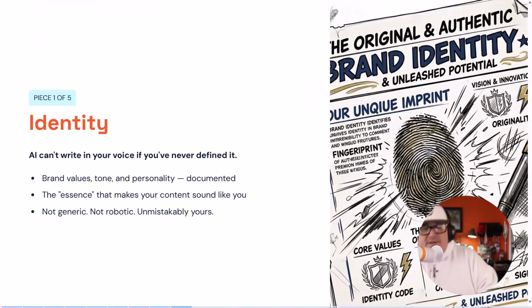So the first piece is identity, your brand's digital identity document or documents. This is the single biggest thing that separates teams producing on-brand AI content from teams producing generic AI slop. And here's the deal: AI does not know what you stand for. It doesn't know your voice, your tone, your values, your beliefs, your audience, or the examples of what you believe to be great work. And when you open ChatGPT or Claude or Perplexity or whatever tool you're using and